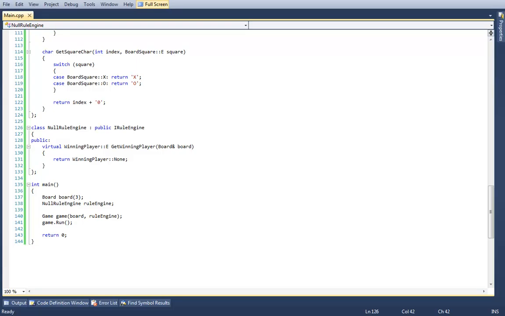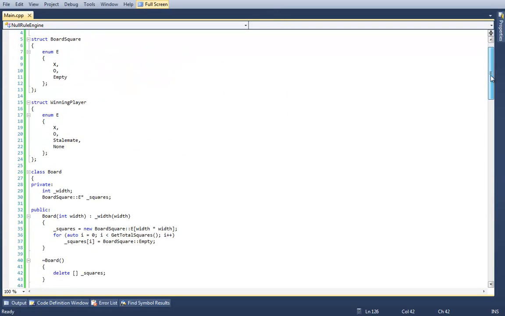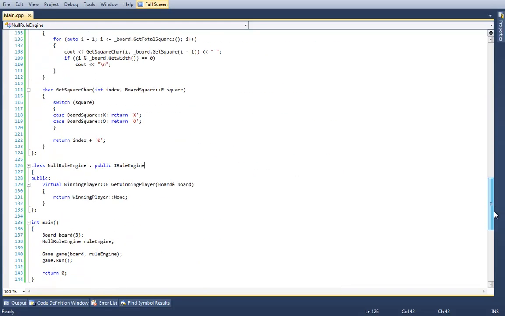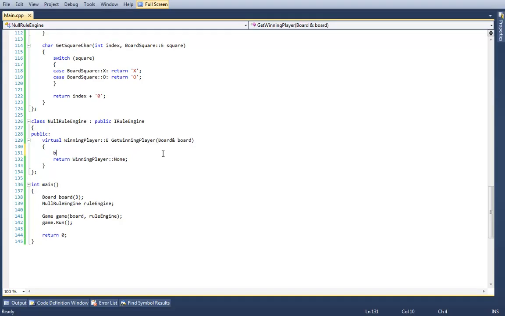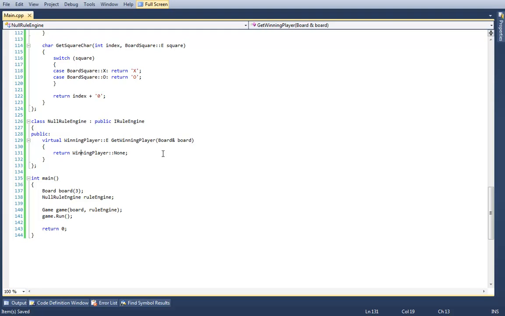And we're back. So what we have here is a basic stub for a basic tic-tac-toe game. What you have left to implement right here is the getWinningPlayer. Be sure to implement your getWinningPlayer in terms of a board of any arbitrary size. That's very important. You can access that by doing board.getWidth or getTotalSquares. So your challenge is to create an algorithm that determines if a particular player has won or if there has been a stalemate.